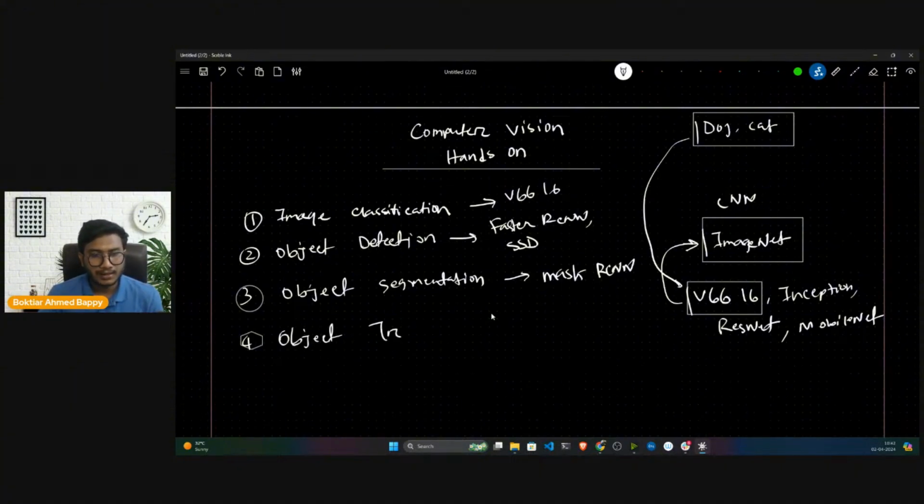Object tracking. What is object tracking? Object tracking means it will track the object. Let's say in object detection we can only detect the object, but when it comes to real-time tracking, I think you have seen there are so many organizations using this particular object tracking system. Let's say you have one big construction industry, so there are lots of trucks and